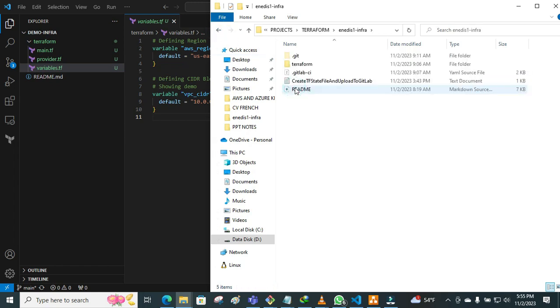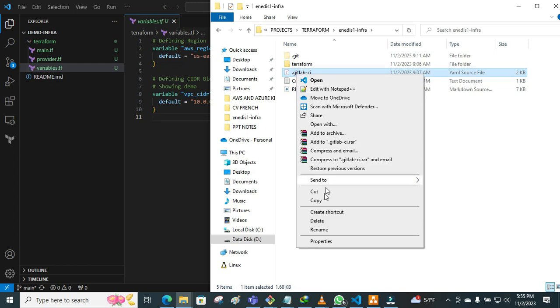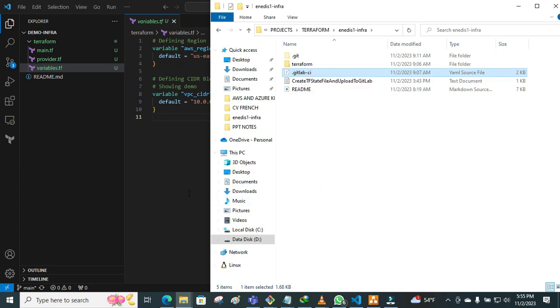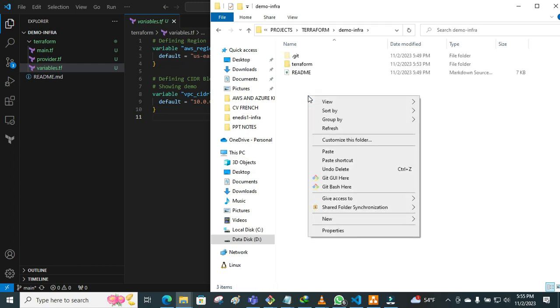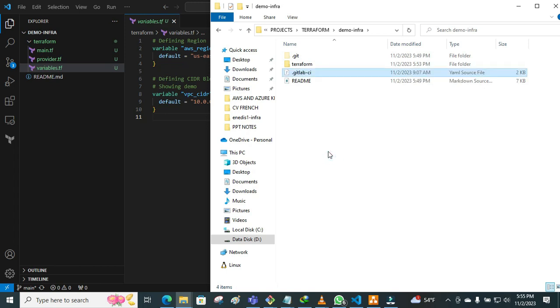Let us bring in the .gitlab-ci file. That is a file that is going to run our pipeline. I'm going to give you the file in the description below. I'm going to give you all the code and where the file should be. So if I paste the file here,